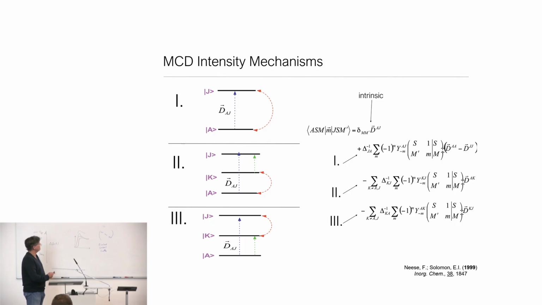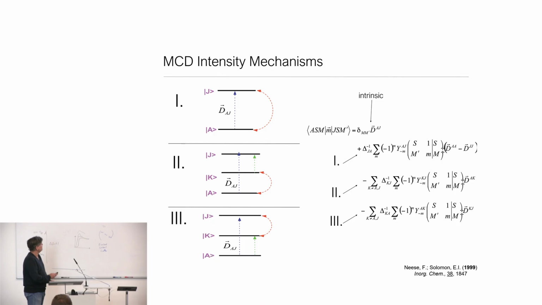So when you have this mechanism, you always have, say, a positive peak going from A to J and a negative peak going from A to K. So that was always giving these pairs of plus and minus MCD transitions,